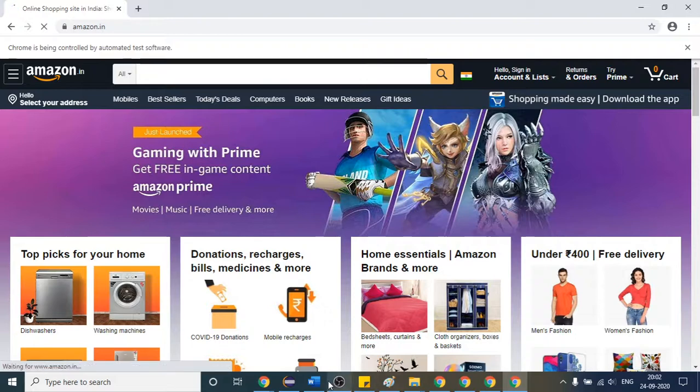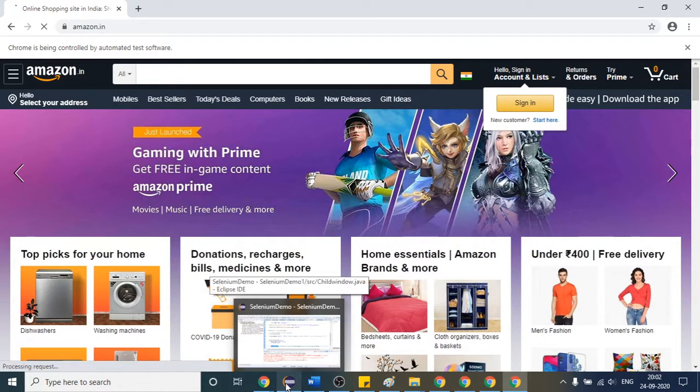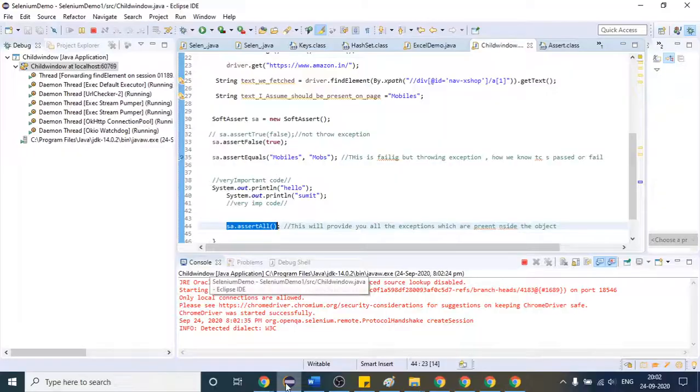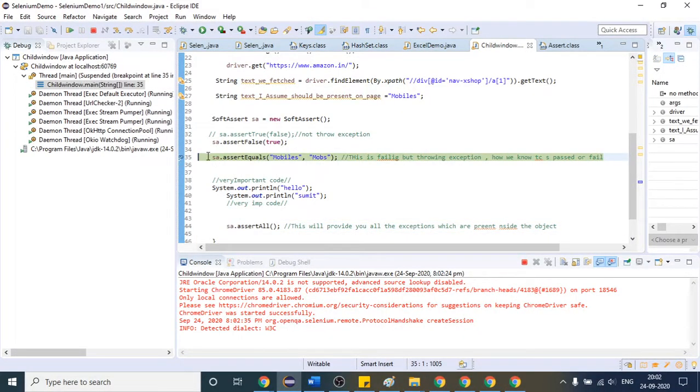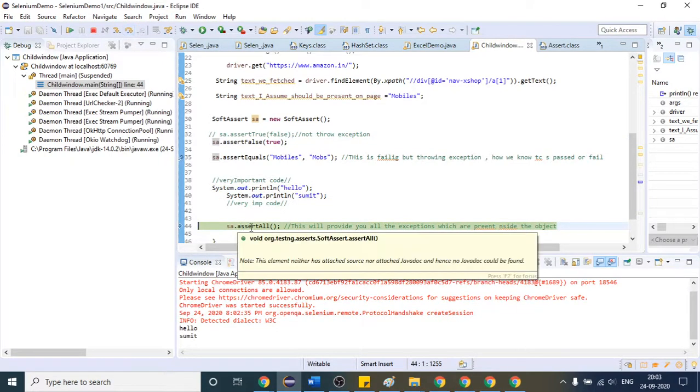So it has opened, and okay, we should come here. You can see according to you and according to us, it should throw an exception, but it will not throw here as it is the case of soft assertion. Again, I am saying it will pass this. It has passed whatever exception it got to this SA object, and here also an exception should come, but it has not thrown here.